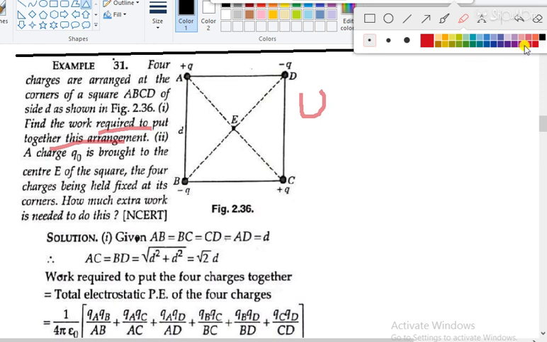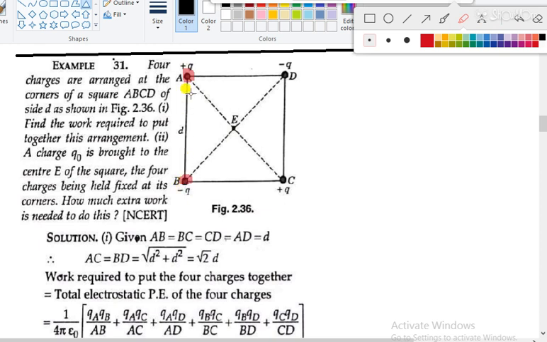So students, as I explained earlier, you have to take first one source charge. So this is one source charge. Let's suppose we are bringing this P from infinity to this point. In that case, the initial potential at infinity due to A is 0, because I am taking it as a source charge. When we take only one charge and the second charge is moving, then there is only one source charge.